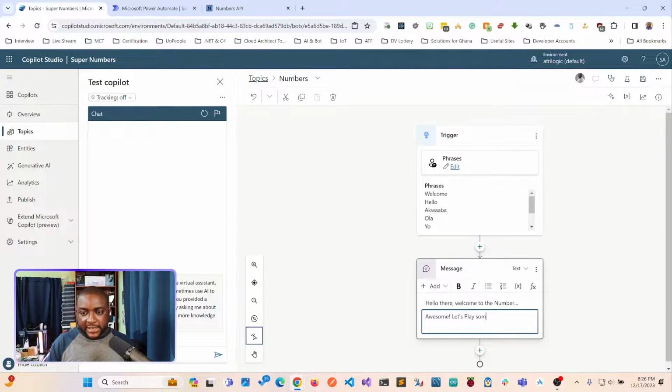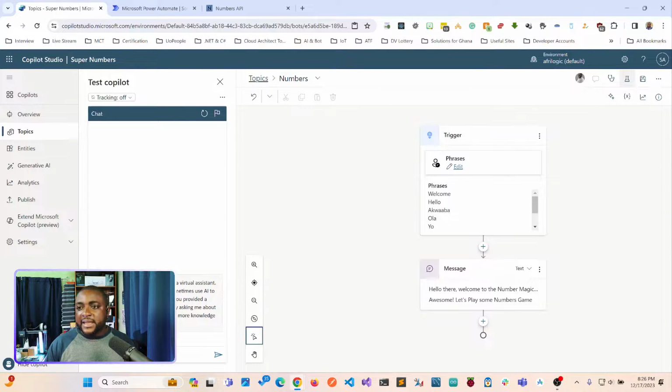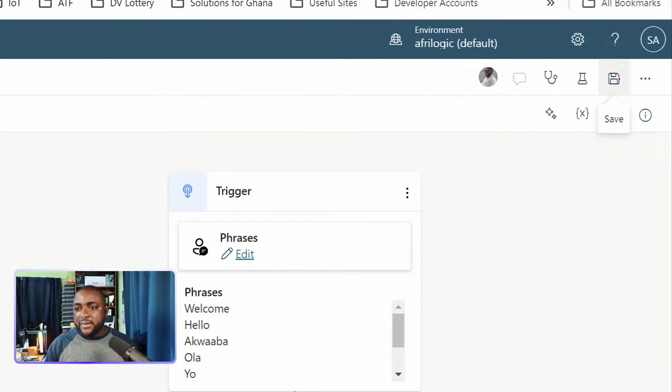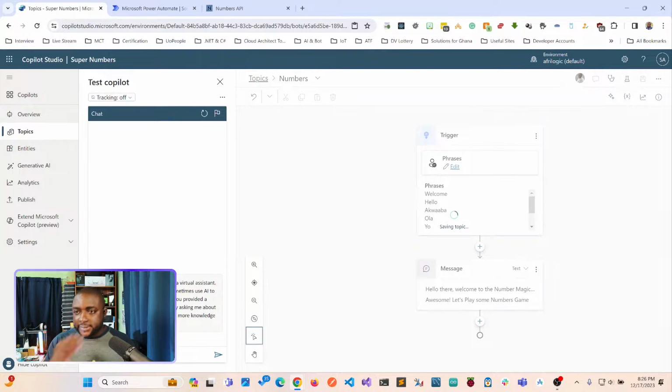Let's play some numbers game. Then on the top right where we have the save button, I make sure that I save. Anytime I make changes, I make sure that I save. So hit save,